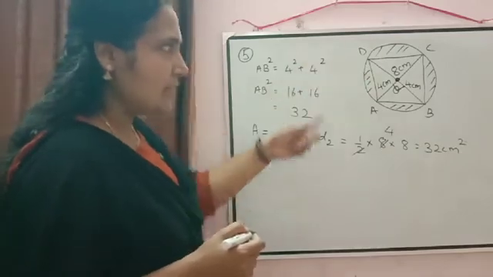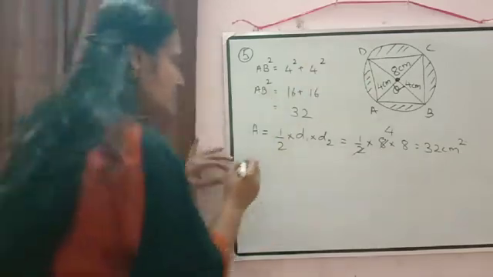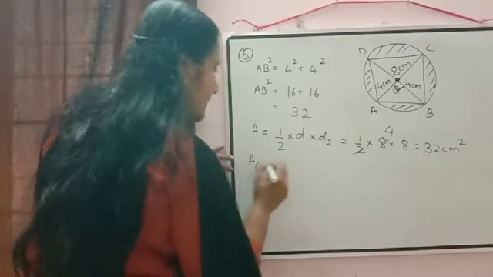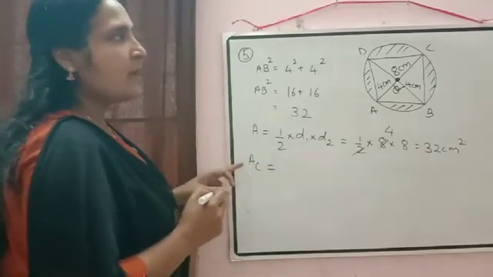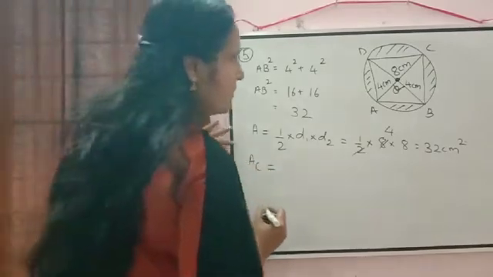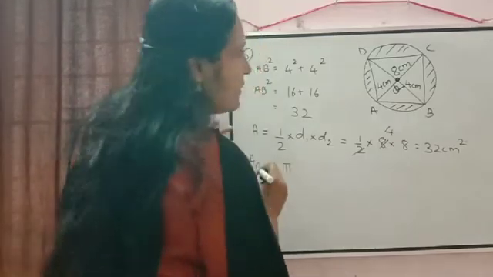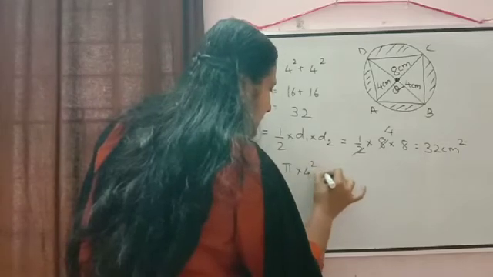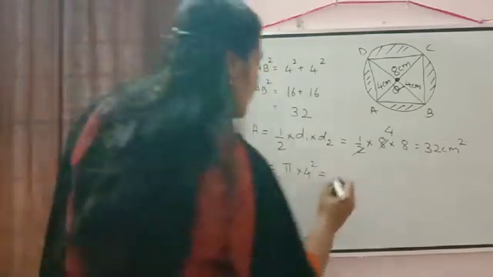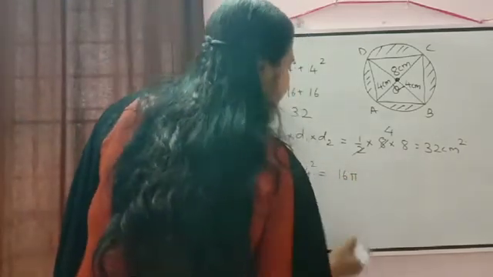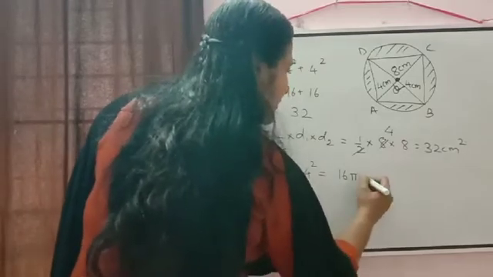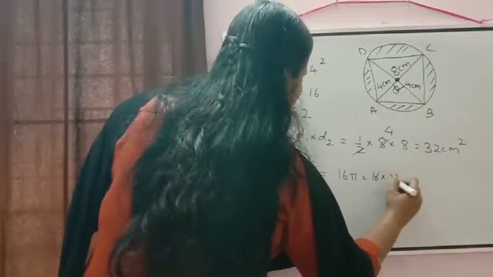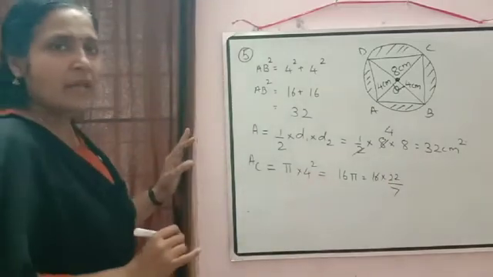Now we have to calculate the area of circle. So just to write down there, AC I am writing for area of circle. So area of circle will be equal to pi r square. What is our radius? 4 centimeters. So it is equal to pi into 4 square. So that will be equal to 16 pi. So pi, if you want you can take 22 by 7. Then one thing only, just write your answer in fraction.